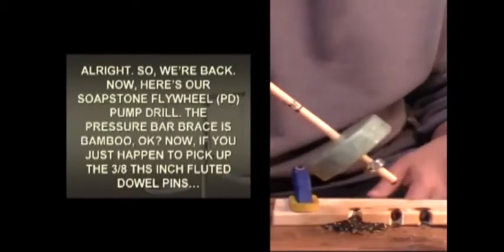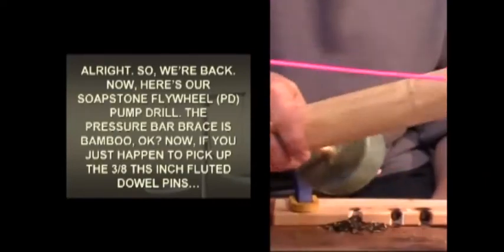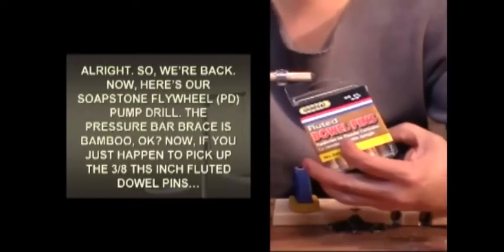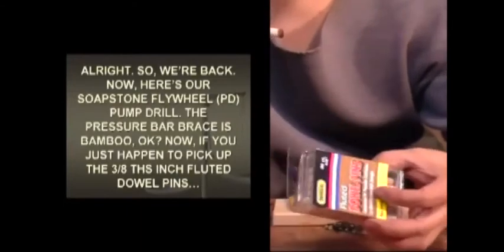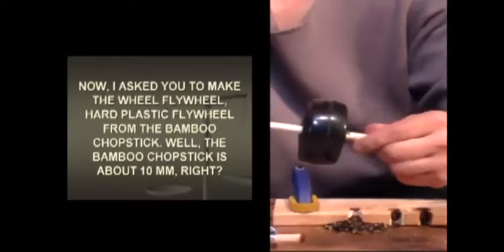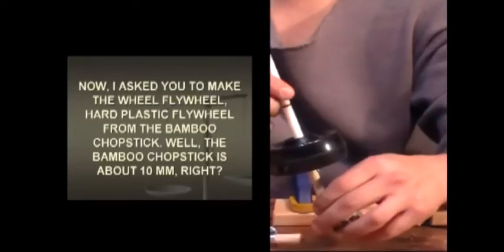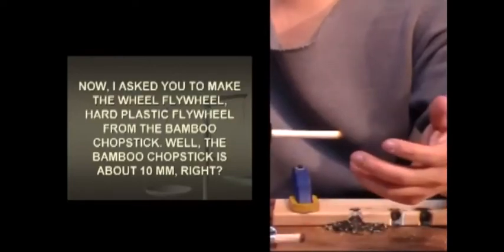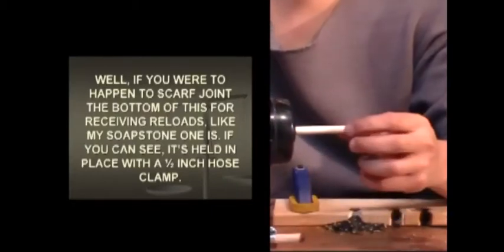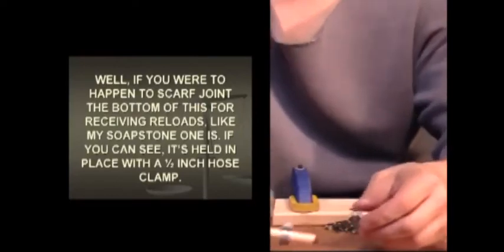Alright, so we're back. Now here's our soapstone flywheel pump drill. The pressure bar brace is bamboo. Okay. Now if you just happen to pick up the 3/8 inch fluted dowel pins, now I asked you to make the flywheel, the hard plastic flywheel from the bamboo chopstick. Well, the bamboo chopstick is about 10 millimeters, right? Well, if you were to happen to scarf joint the bottom of this for receiving reloads, like my soapstone one is,